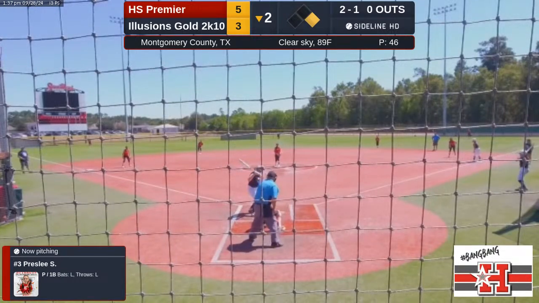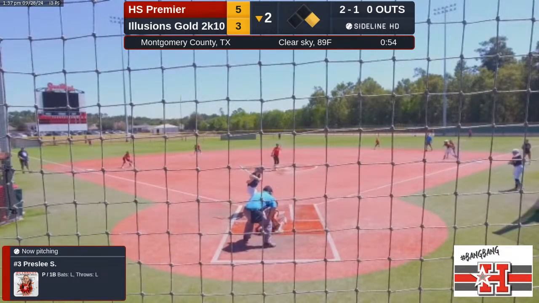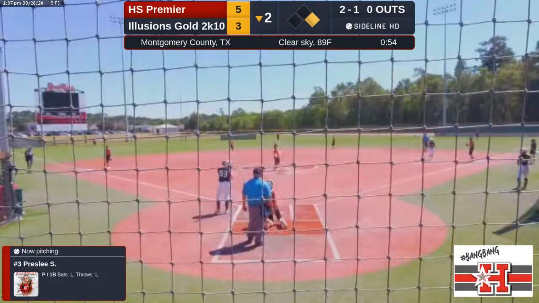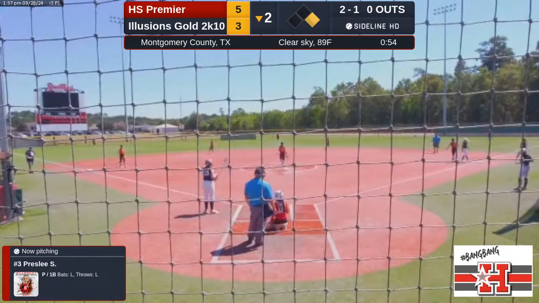Runner first base, nobody out. 3 balls, 1 strike.